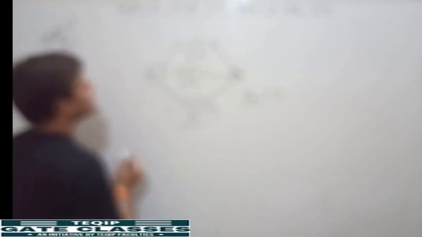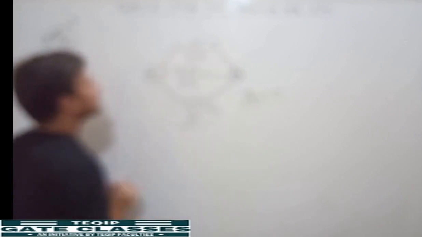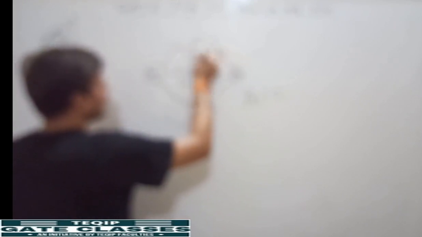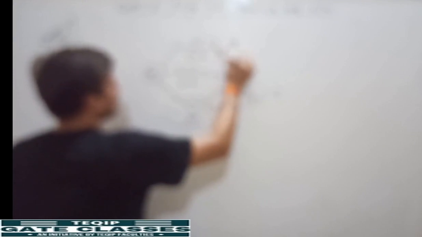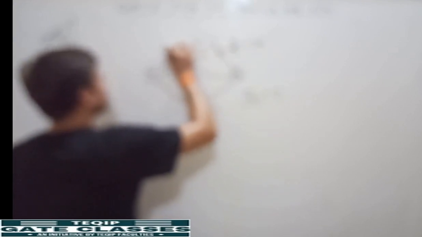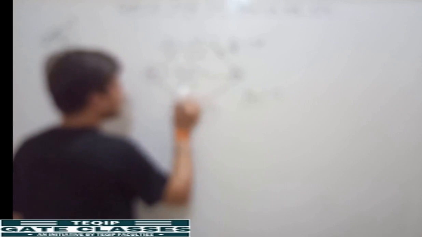Here see, it is given a 3 ohm resistor with a potential drop of 6 volt. Here it is plus, here it is minus. It means you can say through this terminal a current of 6 divided by 3, that means 2 ampere, is flowing. Similarly, here it is plus, it is minus, 2 ohm resistance.